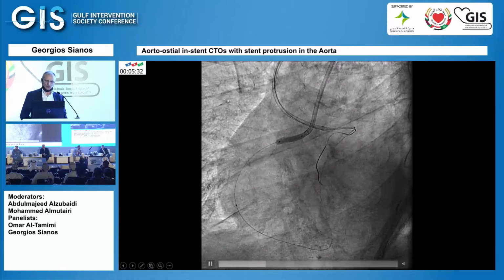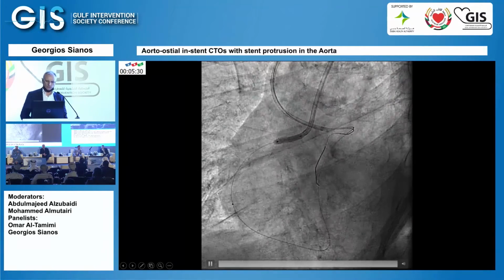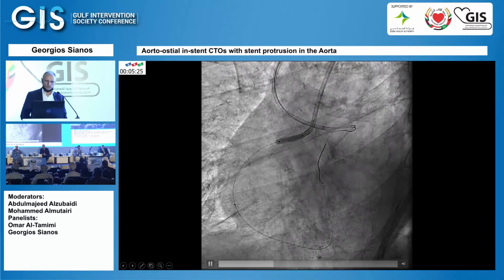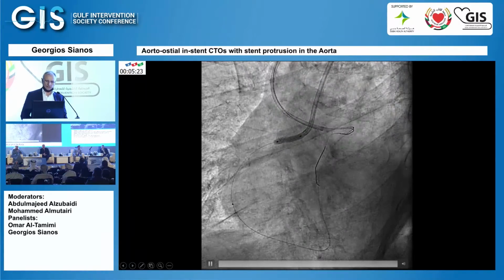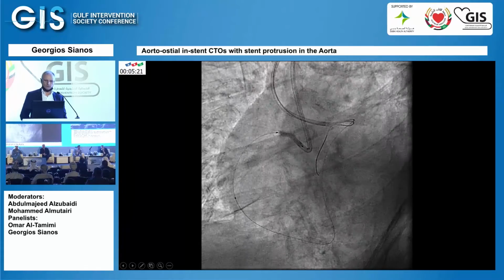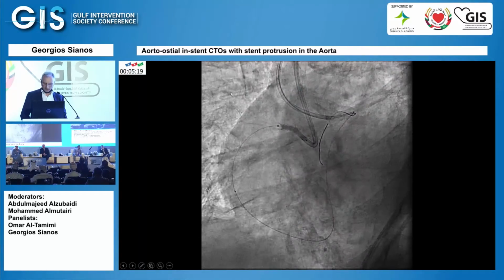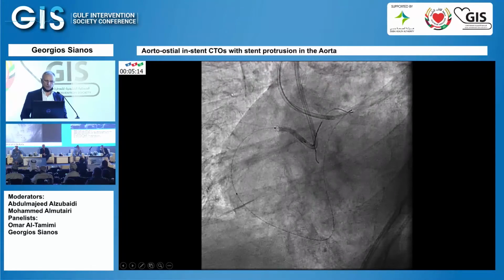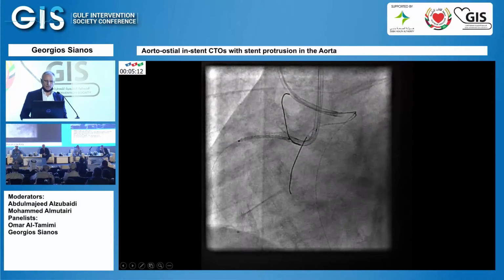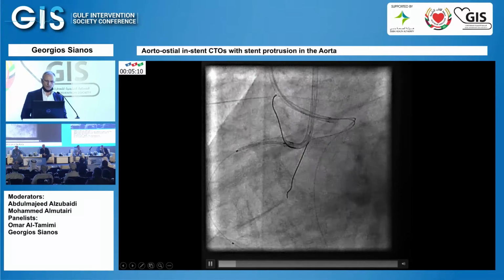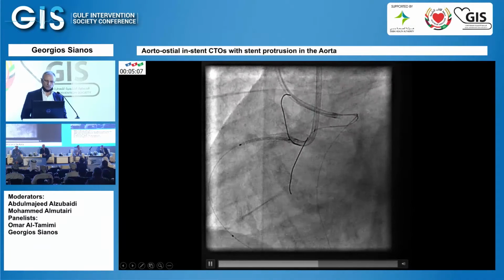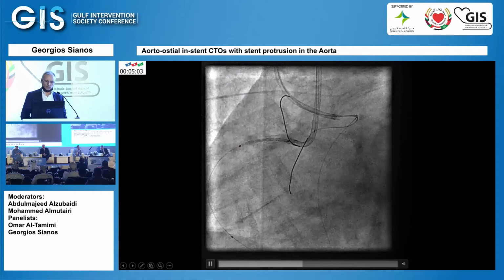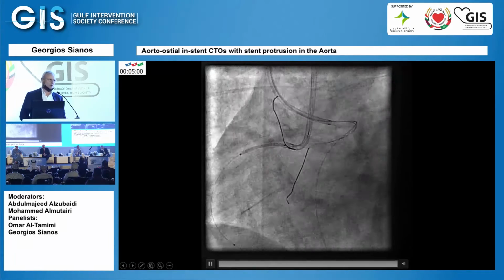There was a pre-dilatation with various balloons. This is the last one, I think 2.5 by 50, a non-compliant balloon. If you're careful, you will see the excluded stent at this time point. There was not even a very big protrusion. Here, you do a kind of flaring into the aorta, so you push much of the protruding stent away. And here again, the floating wire, as you can appreciate, helps if you want to do really ostial stenting. If you see it here, there is a lot of attenuation of the metal that has been more or less crushed